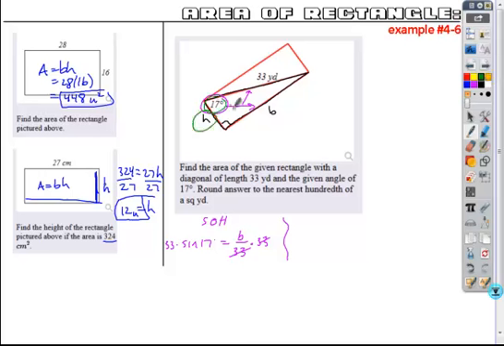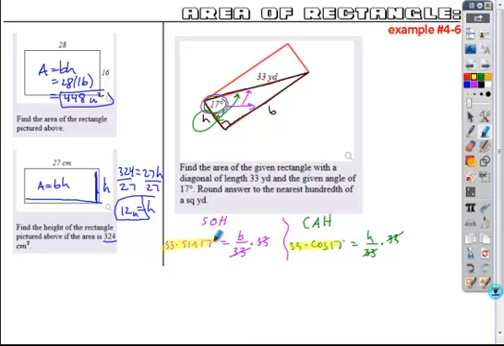With respect to my angle, it is adjacent, and I still have my hypotenuse. So adjacent and hypotenuse is related by what trig ratio? Cosine. So I know that the cosine of 17 degrees is going to equal my adjacent leg, h, over my hypotenuse, 33. So once again, I can multiply both sides by 33 to get h alone. So I now have my height,